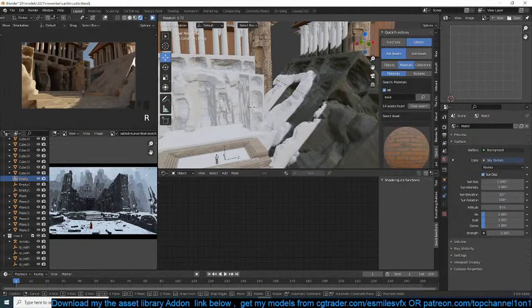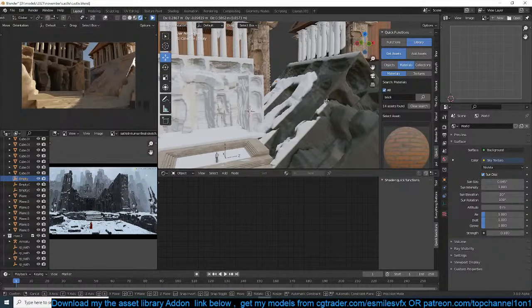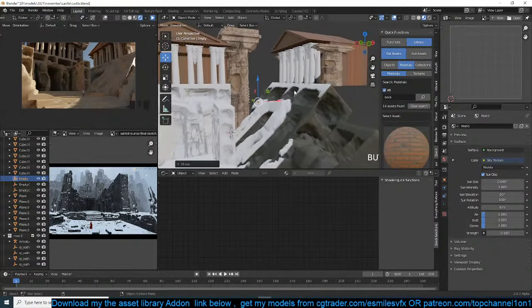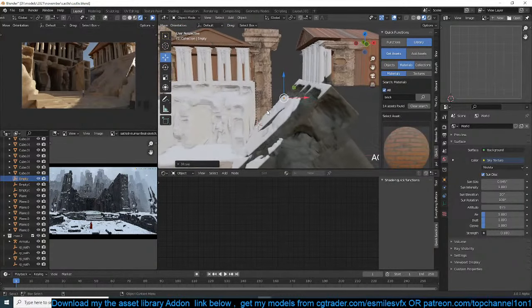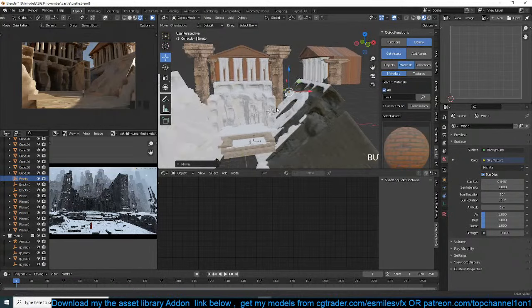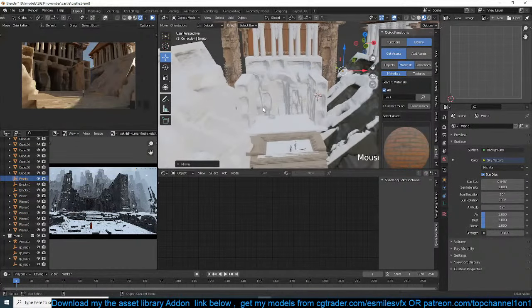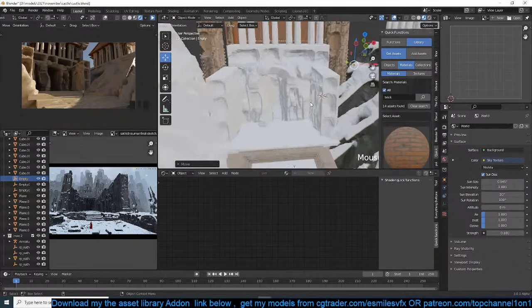So the snow itself should be based on the rotation of this, but because each object has a different rotation, that's why we are running into this issue. So one thing we could do is apply the rotation of each object, or give each object its own material,